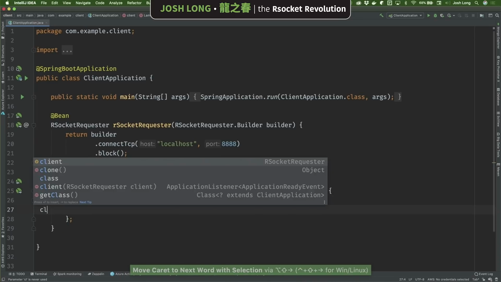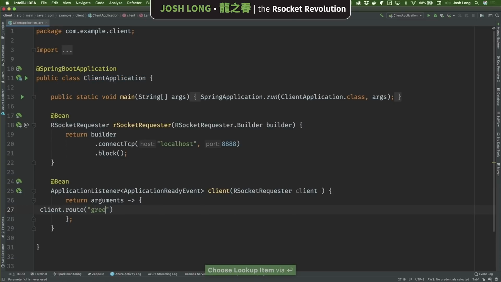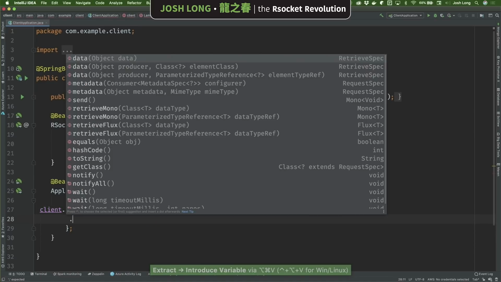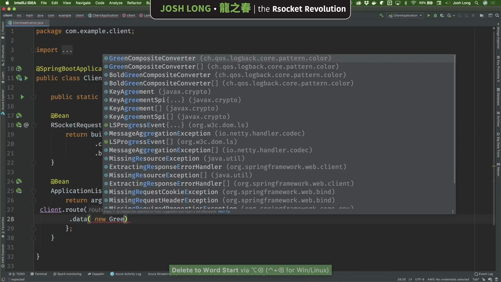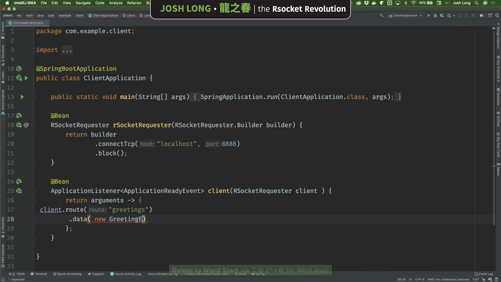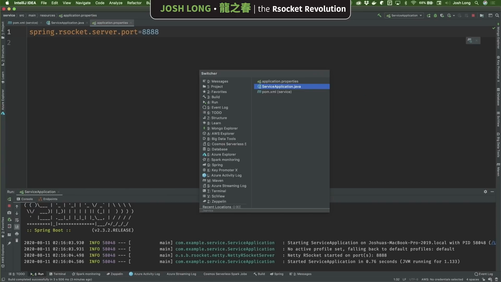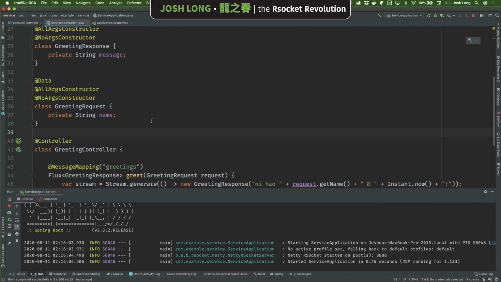Like so. I'll say client.route greetings, and the data that I want will be, I'm going to send a new greetings request in, but of course I don't have the type called greetings request, do I? So I need to copy and paste this type from over here. So I'll go here and I'll take the DTO of the entities